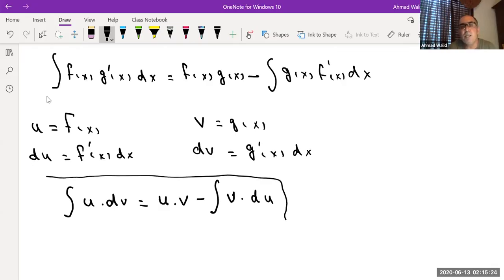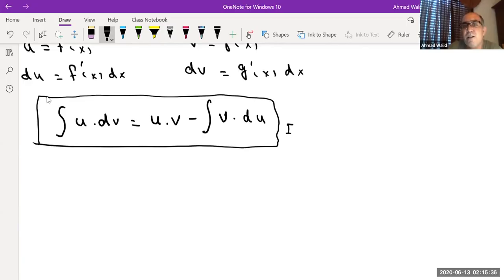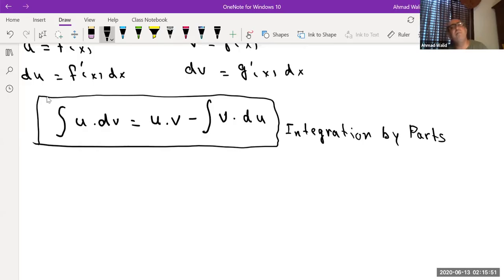This equation that you see, integral of u dv equals uv minus integral v du, that's the formula for integration by parts. This is your formula. You have to memorize this formula. Integral u dv equals u times v minus integral v times du. Correct? Now,